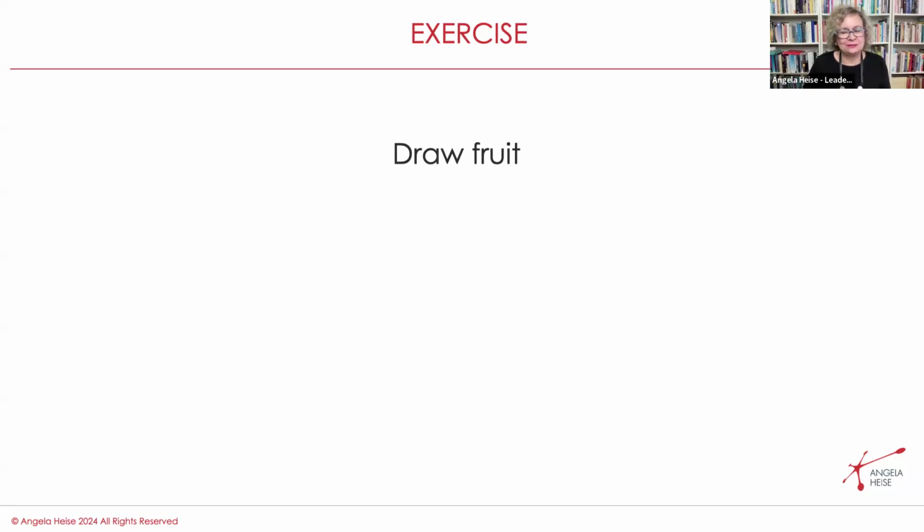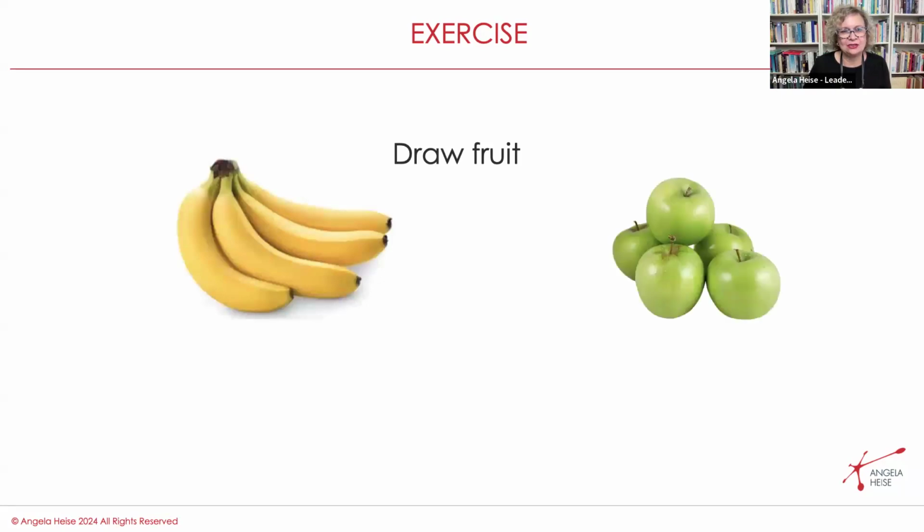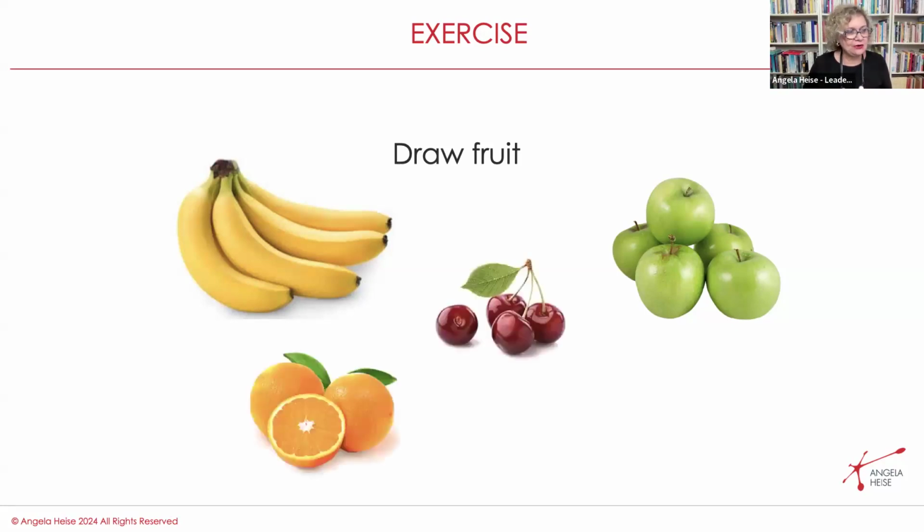Okay, so what if I tell you that you didn't actually do the task? Because you can't really draw fruit. You can draw a banana, you can draw apples. Those are the two favorite things that people draw. If I got $1 for every time somebody drew that, I would have a really nice dinner. So you can draw cherries, oranges, and blueberries, but you cannot draw fruit.